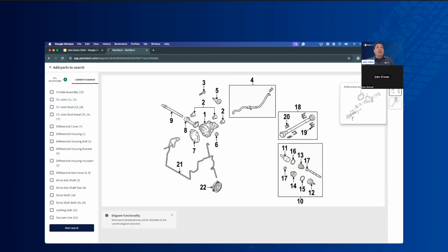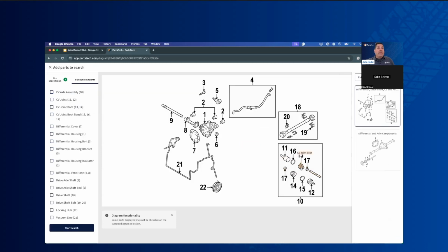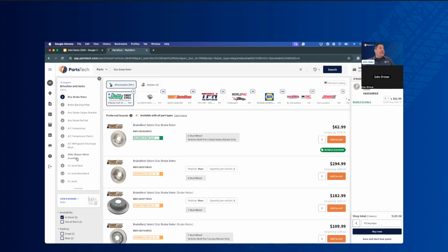Now I've been given a few options here to look through some parts. I'm going to come back here to this one. And I know I need a new CV joint. You know, I better grab a boot band while I'm at it. And I'm going to select this. Now I'm going to start my search. And again, now you're going to see those parts added into your sequential search. So you can build as big a list as you would like using diagrams for multiple jobs on a single order here as well. So a very powerful way for you to add a bunch of stuff into a queue